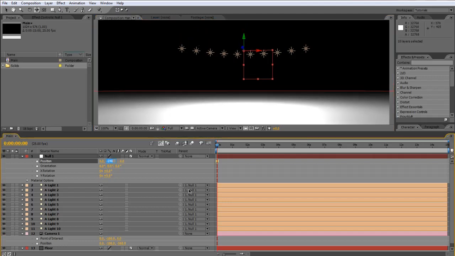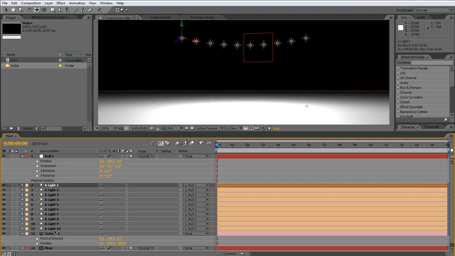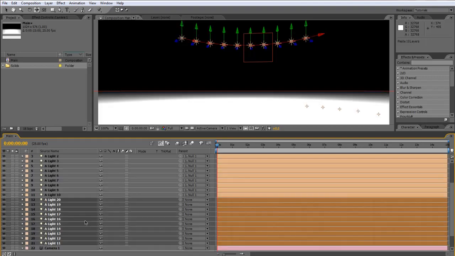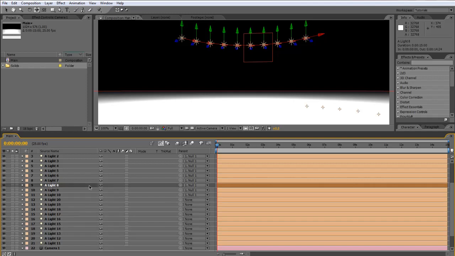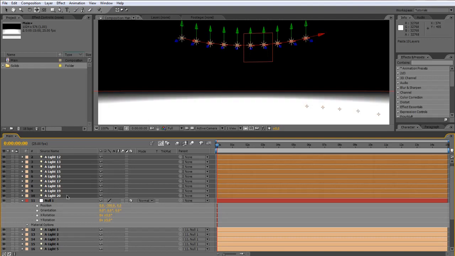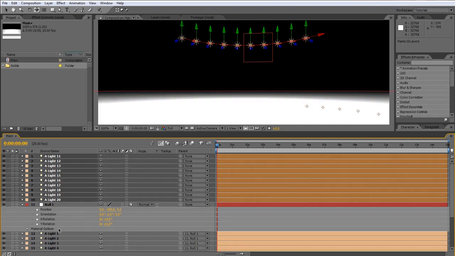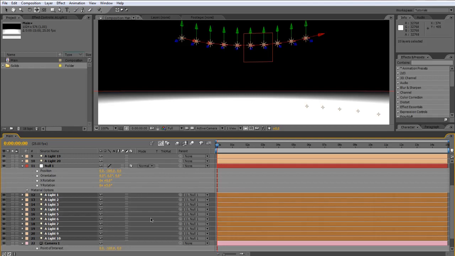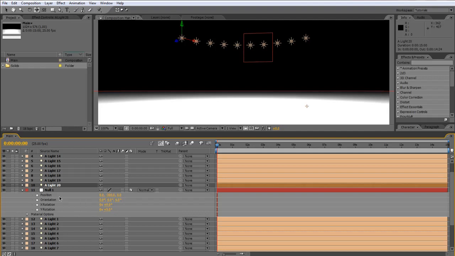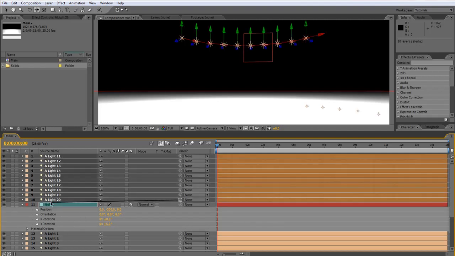Let's move it by what? Let's say -300. Let's hope that works. And again, we select all of them, copy them, paste them underneath, and yet again I copied them incorrectly, so from bottom to top, cut, paste. The order is correct right now. We unparent the other ones and move our null down. Let's see how much do we need to move it. Whoops, I think I unparented all of them. Let's select these guys,